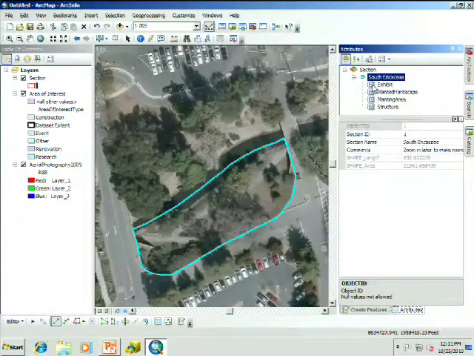So we might have some exhibits we want to delineate in there. If you have an exhibit on manzanitas and you want to delineate that, you could draw that in there. We have a feature class for planted hardscape. This would be things that are in containers that are maybe on concrete. Or if you have plants that are growing on a trellis, you could use that planted hardscape to be able to delineate those. We have a feature class for planting areas, which we're going to work on next,